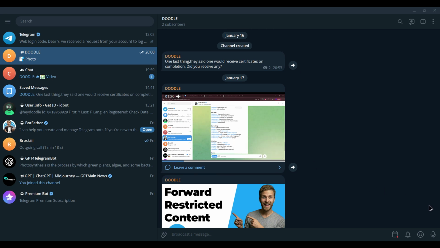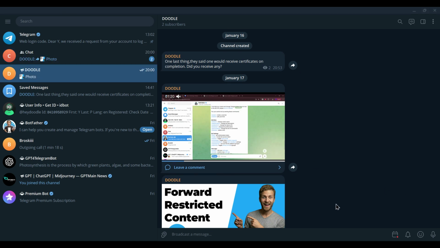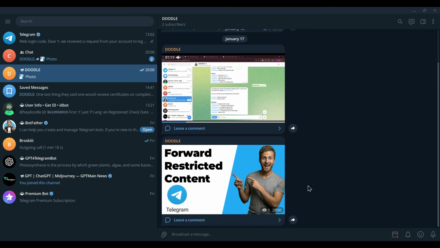Depending on the file size and your internet speed, the upload may take a few moments. Once complete, your file will be available for all channel members to download. And that's it. You've successfully shared a large file on your Telegram channel using 2